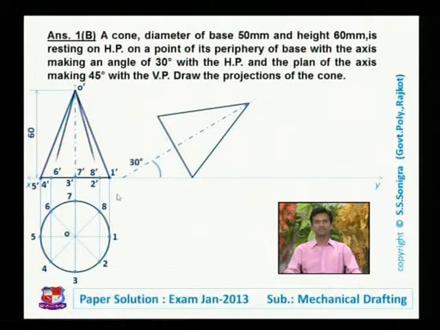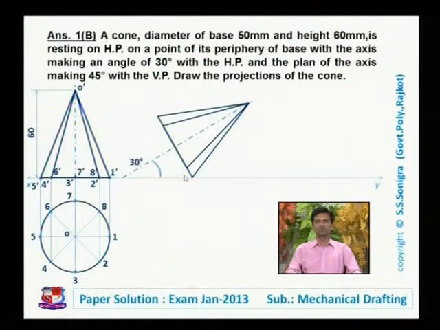Join these points like this with a straight line with the apex point O dash. So O dash 2 dash, O dash 3 dash, O dash 5 dash, 4 dash, etc. would be here. Now transfer all these points in this projected point also in this tilted triangle with any method.